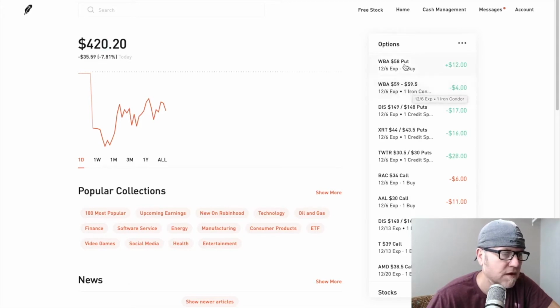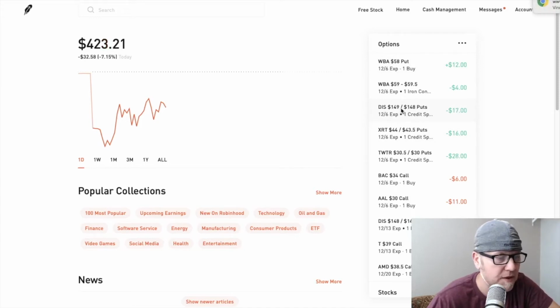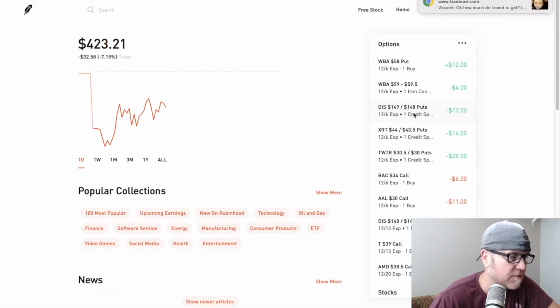But to hedge our bet, I just bought a put on Walgreens this morning. We bought a $58 put just to hedge our bet, sort of doubling up on our butterfly there. What else did we get? Disney's crushing us, but this is a good thing about selling credit spreads is we have time for this to expire. And on that note,